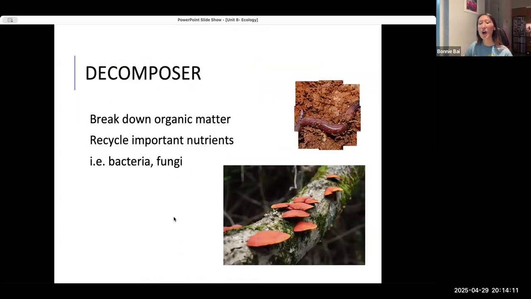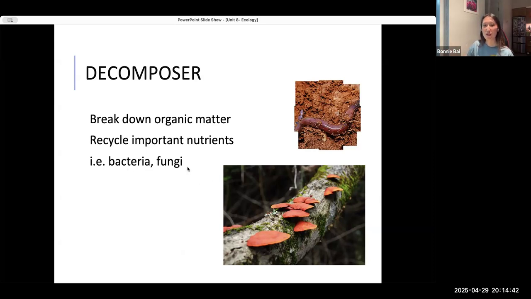Okay. In our ecosystem, decomposers are also really important. It's not just about eating the food, but also how do we recycle the material? Essentially, if there's an ecological gap that a certain species can fill, it will get filled, right? So decomposers are great. They're just taking advantage of the fact that all the animals at some point are going to die, or the plants are going to die at some point. So they really have a good amount of resources available.